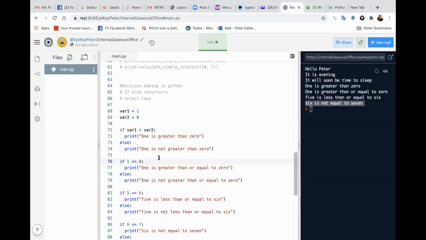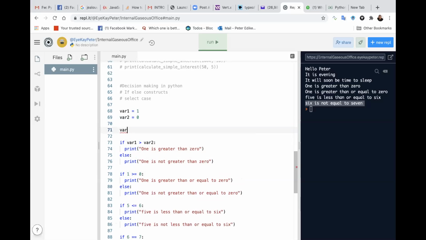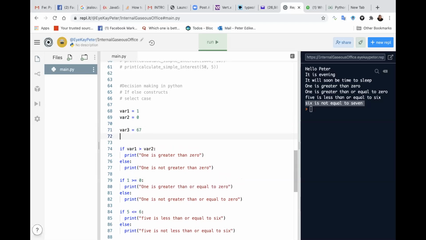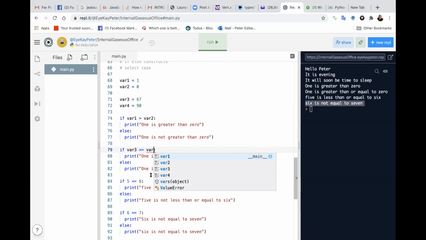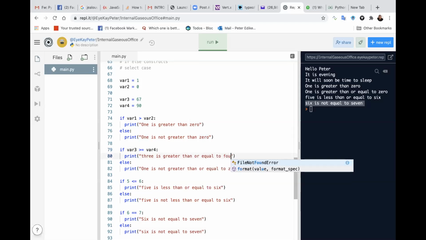So let's begin. So if variable 1 is greater than variable 2, right? You do this. The same way we can have another variable 3 equals 67. This can be anything coming from the user, right? And variable 4 equals 90. And then we can say, is variable 3 greater than or equal to variable 4? So 3 is greater than or equal to 4,